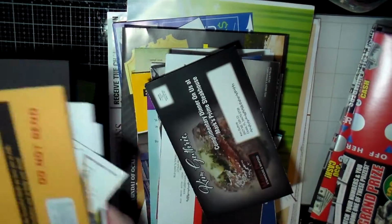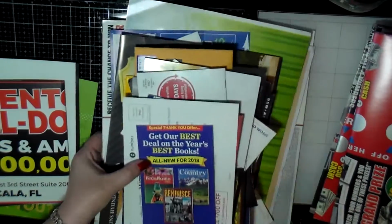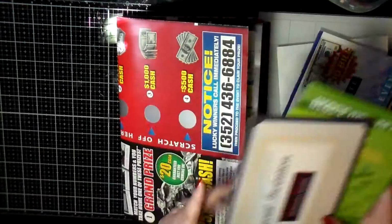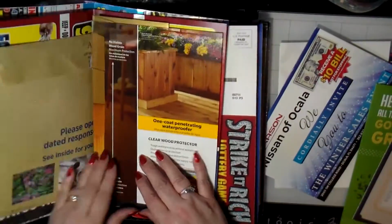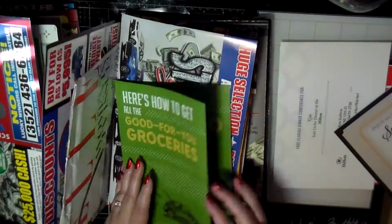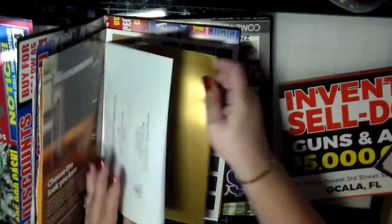So again, just kind of going through, deciding what else I want to include in this junk journal and in my signatures. So here I have a few more things that I want to add. So I'm adding those into the signatures. A few more mailers,